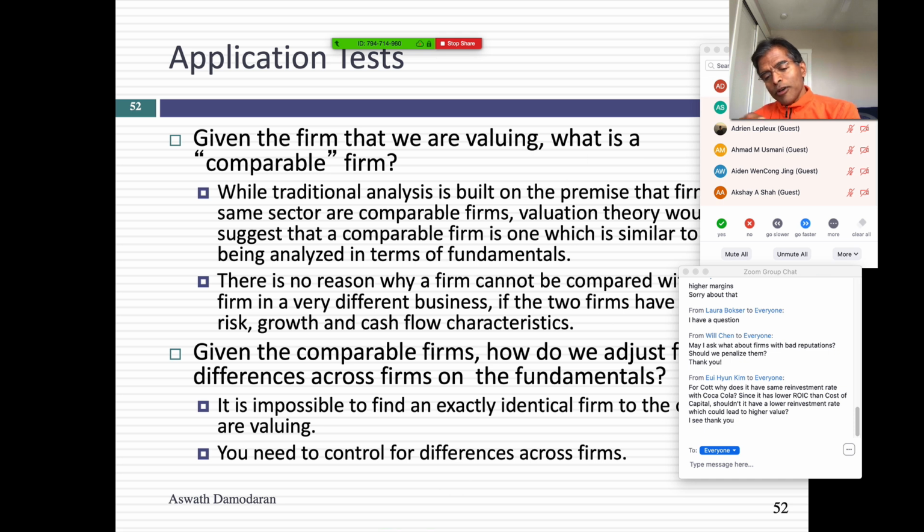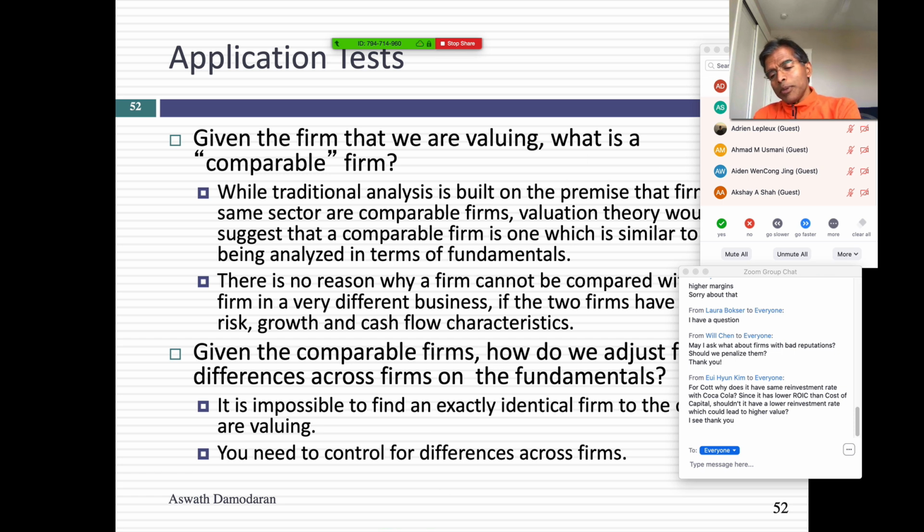we define comparable firms, we always look at other companies in the same sector. So if I ask you to price a steel company, you pull up other steel companies. If I ask you to price a beverage company, you pull up other beverage companies. I can understand why people do that. It's a shortcut. But from a valuation perspective, a similar company is a company with similar cash flows, similar growth, and similar risk, right? That's it. Nowhere in there does it say it has to be the same sector.